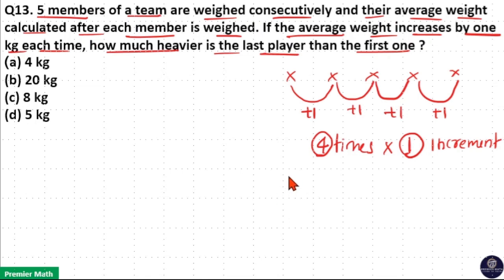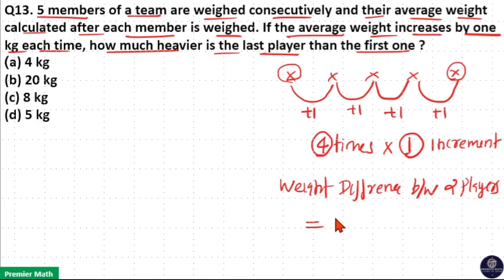Now, we have to calculate the weight difference between 2 players, that is last player and first player. Between last player and first player, there are 4 times average increases and average increases by 1 kilogram, that is unit increment. Then weight difference between two players